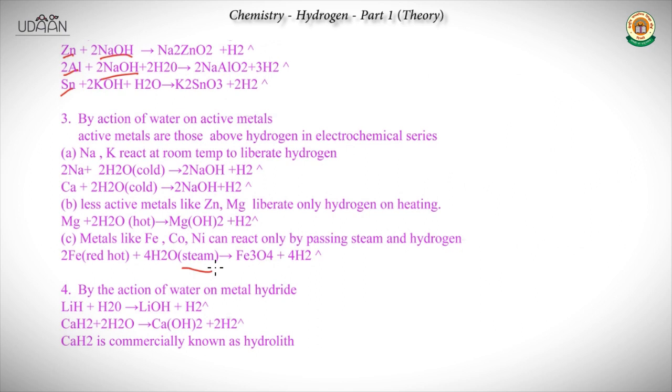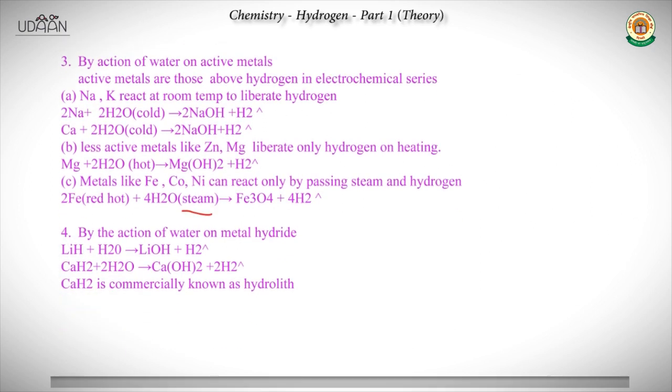The fourth one is by action of water on metal hydrides. What is a metal hydride? Metal hydrides are compounds of hydrogen with active metals. In these compounds hydrogen has an oxidation state of -1. Generally its oxidation state is +1, but in these it is -1, and lithium is +1. When we react H2O with LiH,